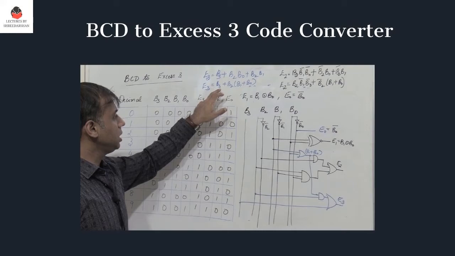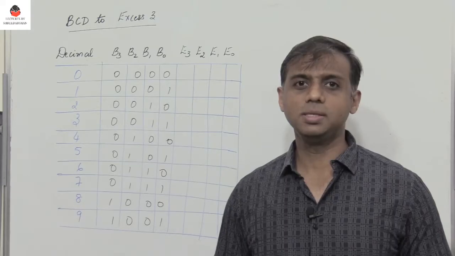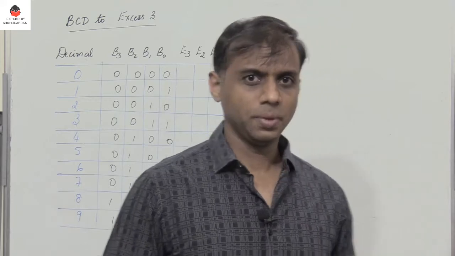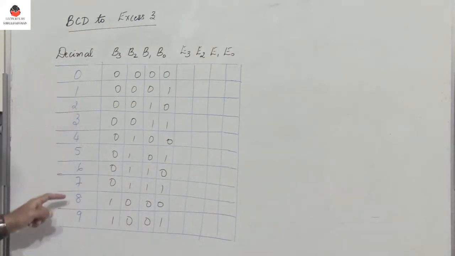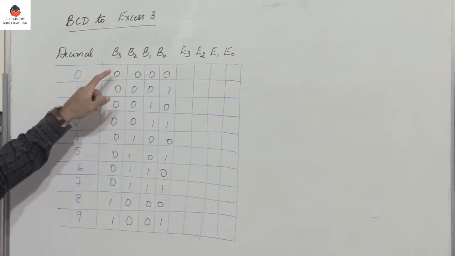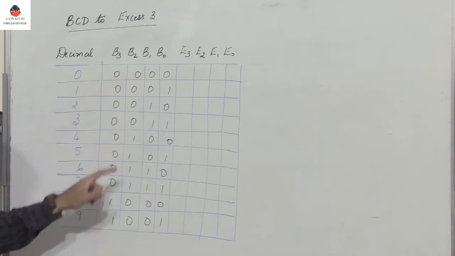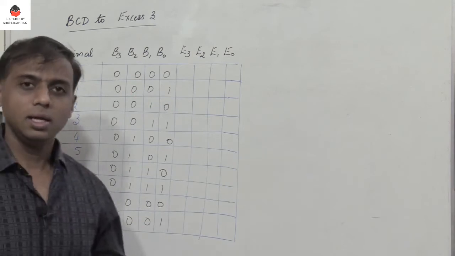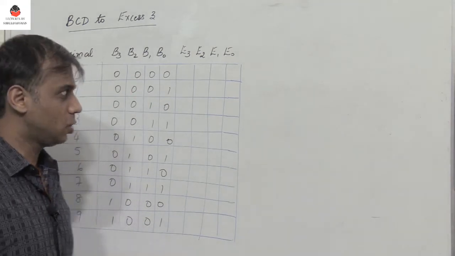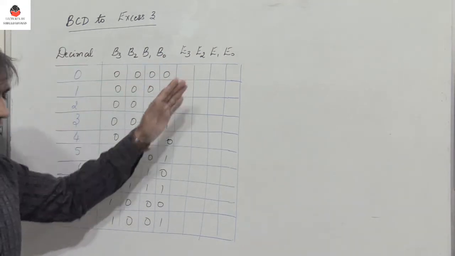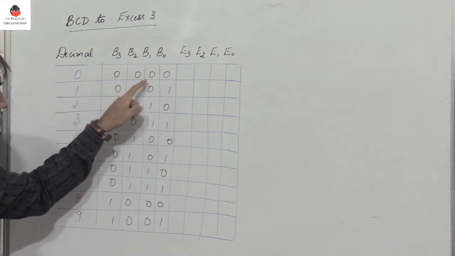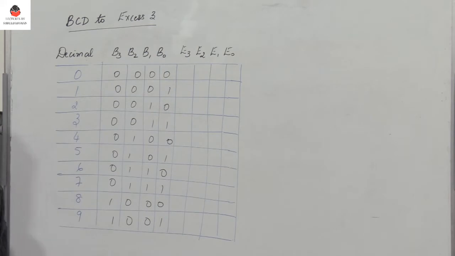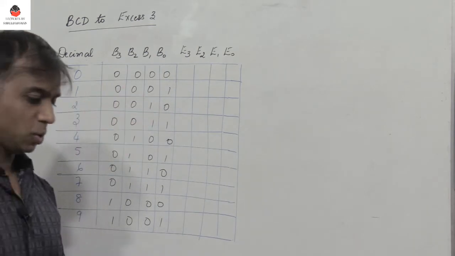In this lecture, we shall see how we can design a BCD to XS3 converter. Now, given the BCD code, the decimal varying from 0 to 9, and we have the BCD 0000 to 1001, let me write its equivalent XS3 code. Now, how do we write the equivalent XS3 code? I have to add 3 to each of these 4-bit binary representations to get its equivalent XS3 code.